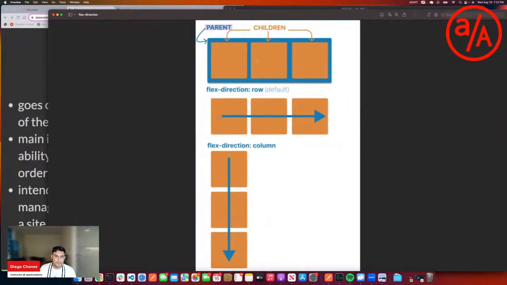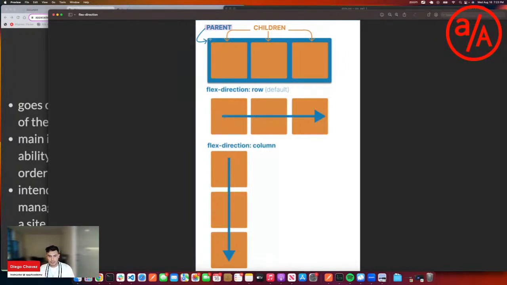So I want to draw your attention to this top portion of this diagram. Here we have a blue container. This is a container. It could be a div, something pretty straightforward. And then these orange boxes here are the children. So we have the parent container, and then we have the children, or the elements within the parent. Those would be the orange boxes. The idea is I want to put display flex on the blue box, on the parent container. That would give me the ability to then tell the children what to do. So we have this natural flow of authority and telling the descendants of this container where to go,